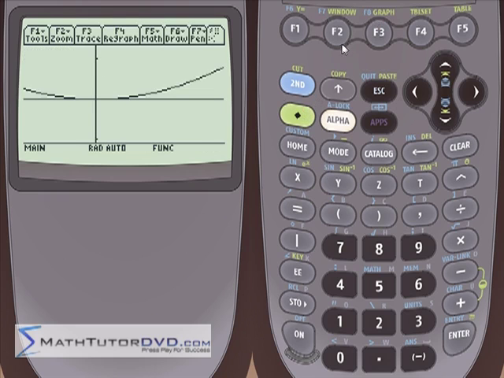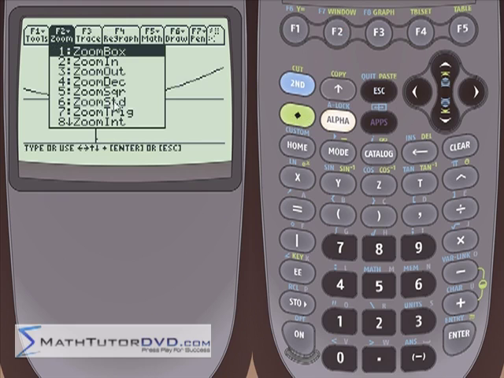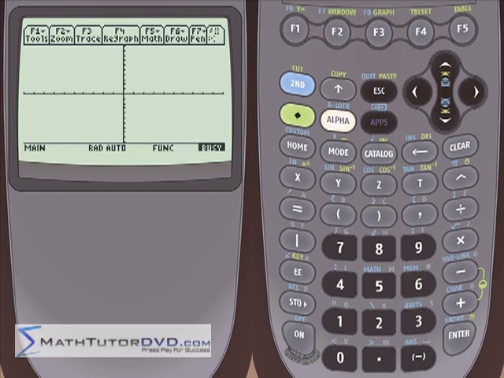Let me go back. I'm going to cheat a little bit here. I told you we were going to go and do things in order, but let's go here to zoom, and let's hit zoom standard. When you hit number 6, zoom standard, that automatically pops you out to +10 -10. It's the standard default thing. So if you zoom in too tight, or sometimes you might draw 3 boxes in a row to zoom in really tight on something, and you want to pop yourself out quickly rather than going to type it all in, just hit number 6, zoom standard, and then you're going to get back out to normal. And I wanted to do that so that I could be back